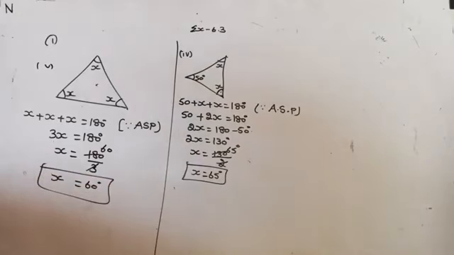We know that each angle of an equilateral triangle is 60 degrees. Are you getting it? Shall we move to the sixth part now? That sixth part is in a right triangle.